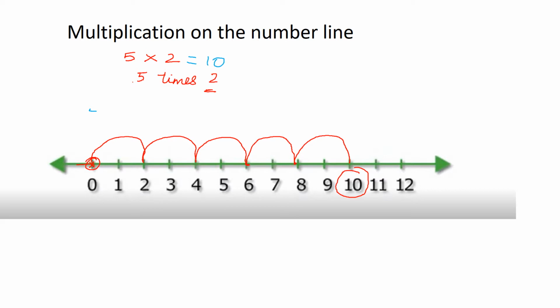Now, I am going to take 2 into 5. Can you see? Now, how do you write 2 into 5? You have to write it as 2 times 5. 2 into 5 means 2 times 5. So again, you are going to start the multiplication. You have to start from 0. Then how much distance will you take children?